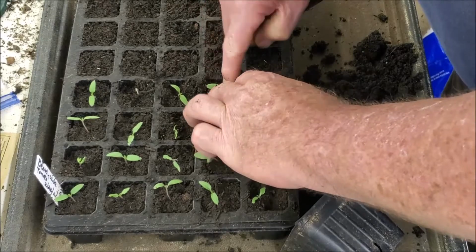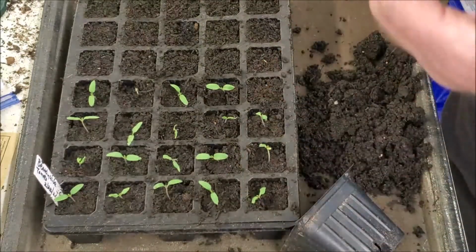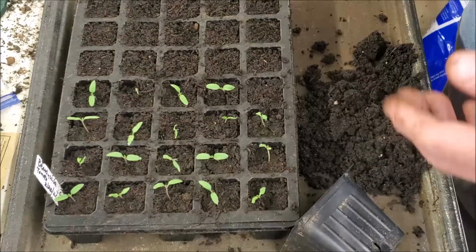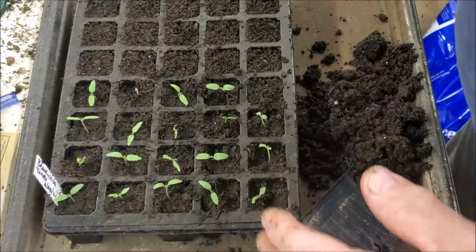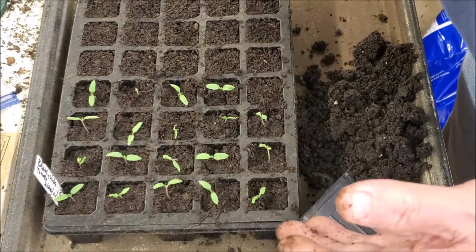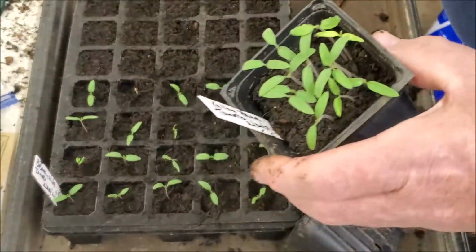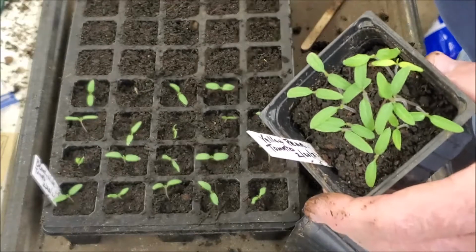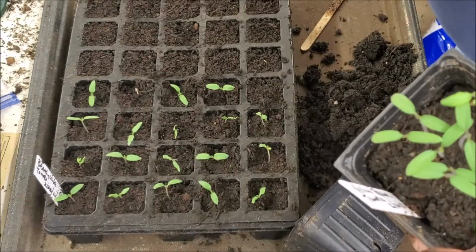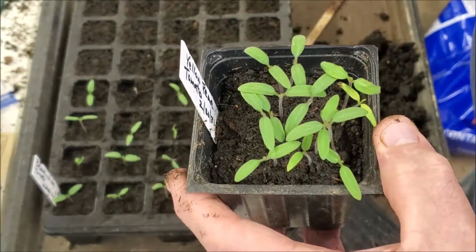And now that's all it is to it. I'll go ahead and do this next bunch in here. If I have a cell or two that I don't have anything in, it's no big deal. But it's as easy as that, potting up your plants. When you grow them this way, it's real easy. Like say in the other container, it's easy that way. You don't have to have an expensive setup to do this. It's just a matter of